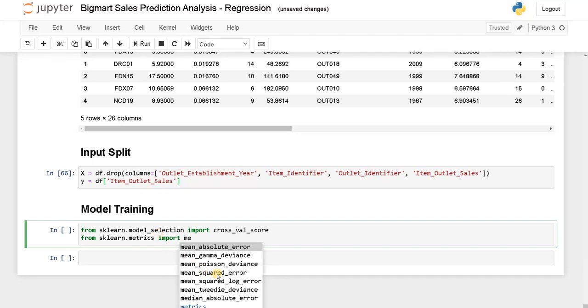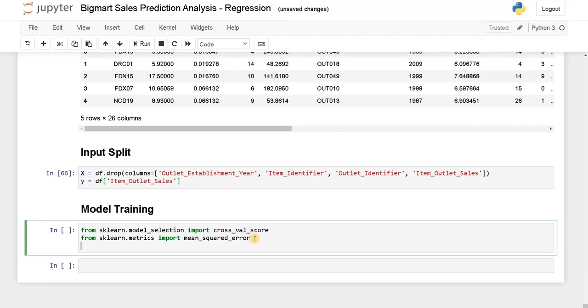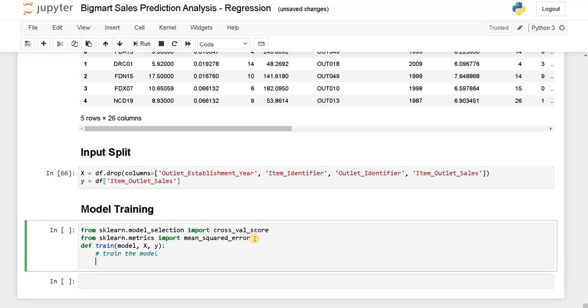That's the metrics we are going to use here. Now we need to define the function def train. We need to give the model and the input and output arguments: model comma x comma y. First, let's train the model. Model dot fit x, that is input, y, that is the output.